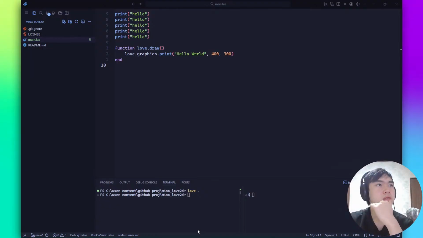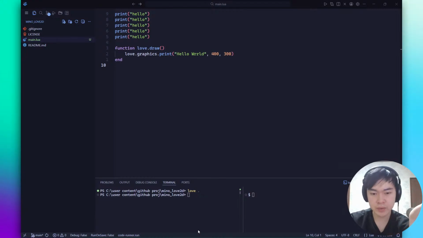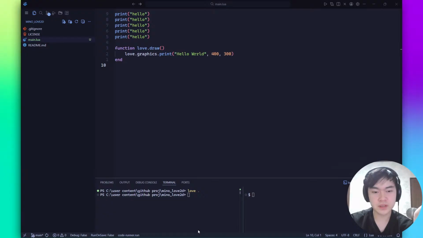Print calls in Lua config. Can I ask ChatGPT about this? I think I shouldn't use VS Code. I should use other things because